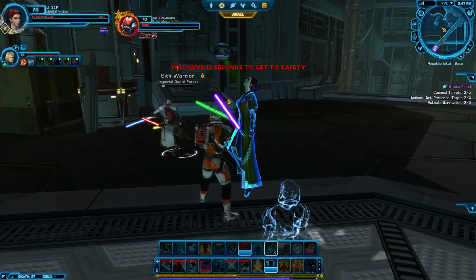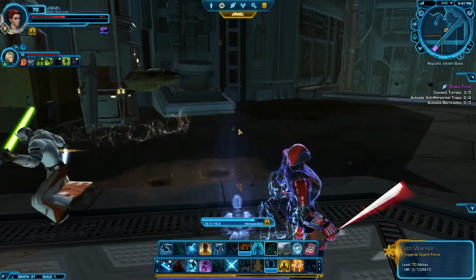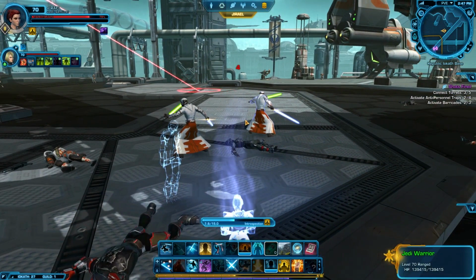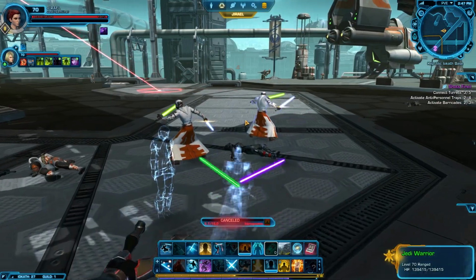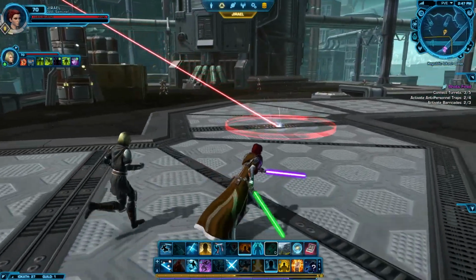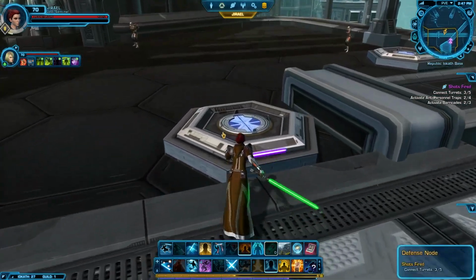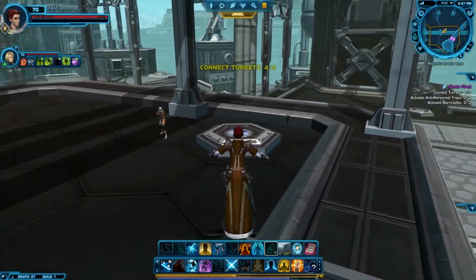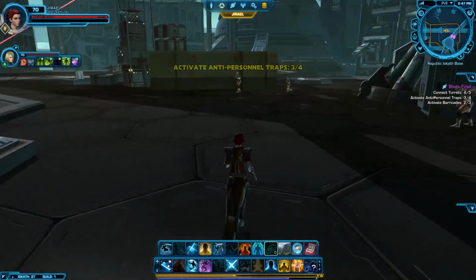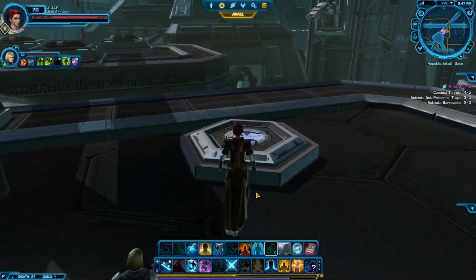Okay, so it seems as though if I resurrect myself and bring in and basically lure these characters, like the enemy characters, towards the defenses, yeah, that seems to work. I mean, it might be kind of cheesing it, but...